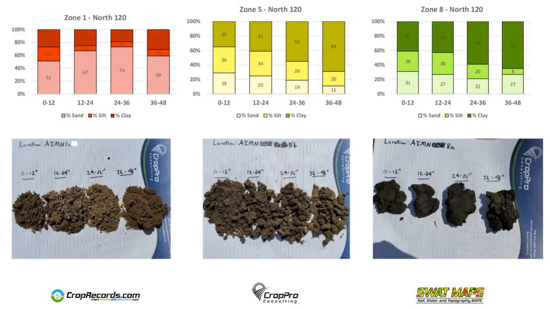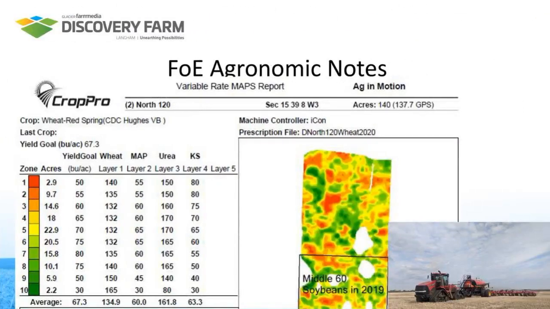And then finally, soil textural analysis is important. This is the textural analysis reported for 3 zones, zone 1, 5, and 8. And the thing that I want to point out, if you look at zone 1 in the top left corner there, you'll see that there is, as we would expect, a much higher percentage of sand in these soils compared to the other soils. So again, this just confirms what we would expect for a zone 1 soil, sandy in texture. But you can also see variability in texture even within a single field, and a consideration of how that might impact how we manage it and what we see in the field.